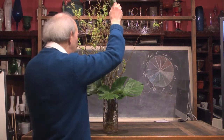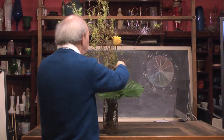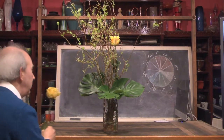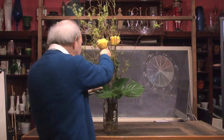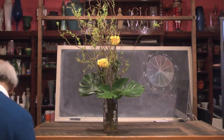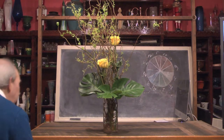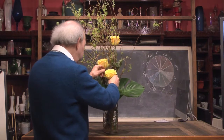We can take flowers and we can start working it actually through this infrastructure. So notice that I can take a rose, place it in here. Now, lo and behold, it stays pretty nicely. And I can take another one. And it doesn't take that many. In other words, you don't have to use a huge number of flowers to do something like this. 1 or 2 stems, 3 stems. I mean, really, it depends on you. In this particular case, I'm going to add just one more here so that we have a third one coming